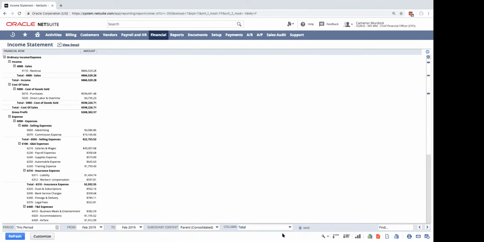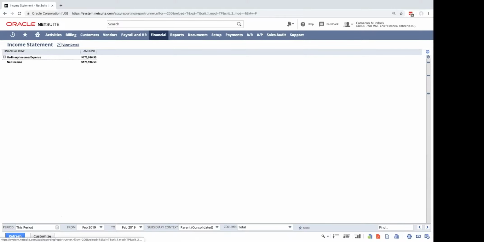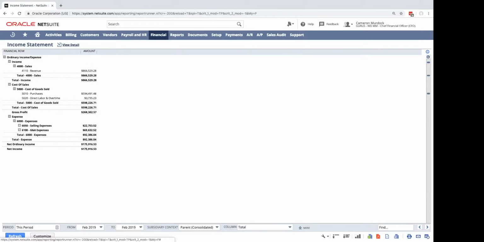Before I get to that though, let's just look at some of these options at the bottom. I can actually collapse my report entirely and then step out by section as I've grouped it. I can also create my own Excel graphs. I can export this report into Excel, PDF, CSV, or Word. I can print it, email it, or I can schedule an email.